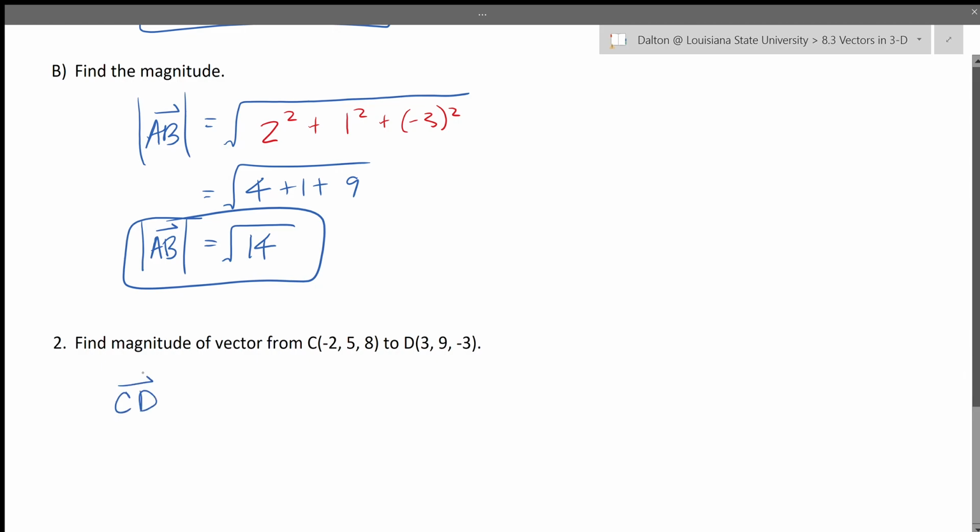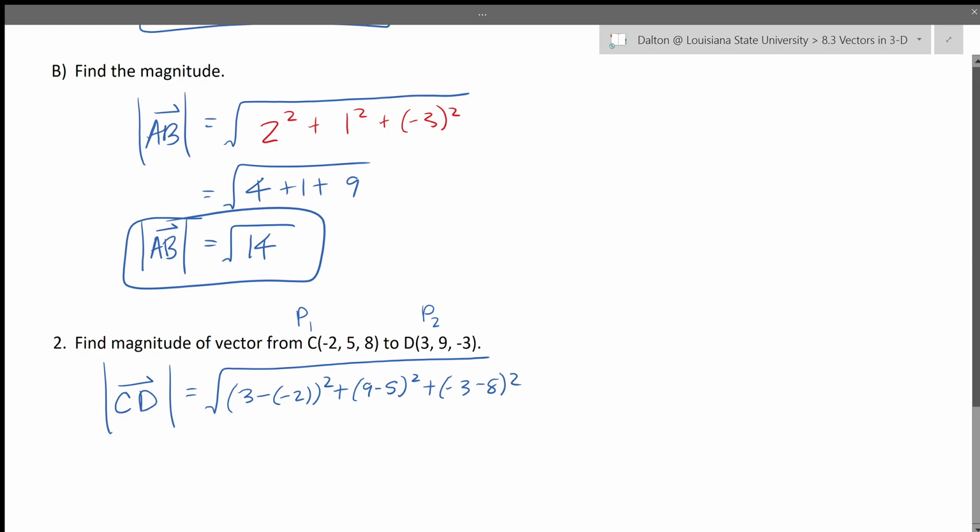So the magnitude of vector CD will be the square root of, again, from C means this is your first point, P1, to D means this is your second point, P2. So it's going to be x2, y2, z2. And then when you plug these numbers in, we go from the second coordinate to the first. So this one's going to be 3 minus -2 squared plus 9 minus 5 squared plus -3 minus 8 squared. And then we simplify from the inside out. So 3 minus -2 will be